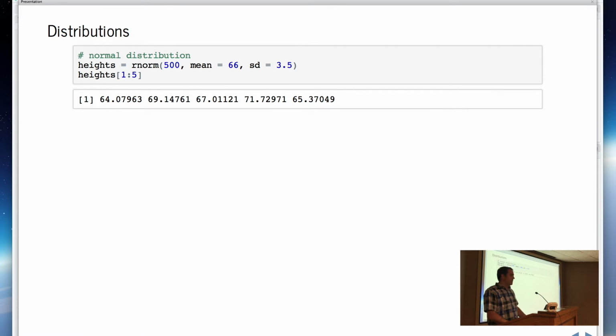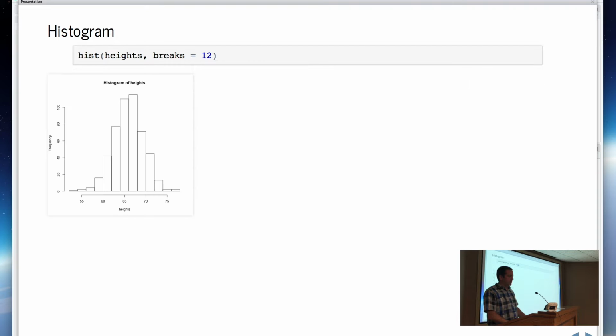There, I'm using a normal or Gaussian distribution, but there are all kinds of functions in R for various different distributions that you'd be looking for. They're built right into base R. Plotting is a first-class function in base R. This is a simple histogram function, so I can confirm that the data I created does have that familiar bell curve that you would expect of a normal distribution.